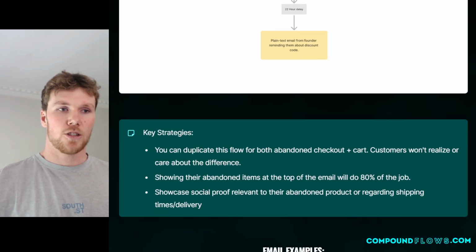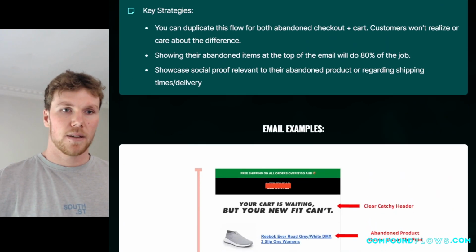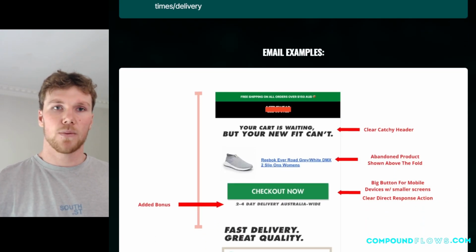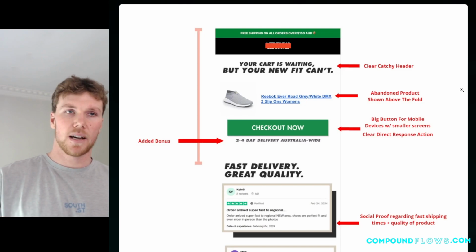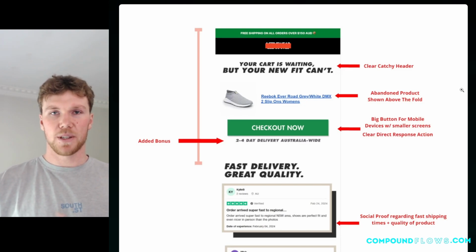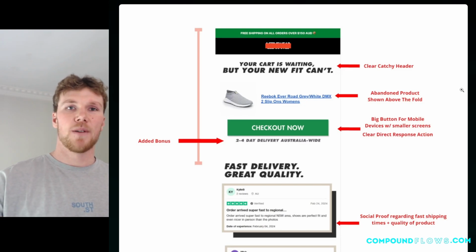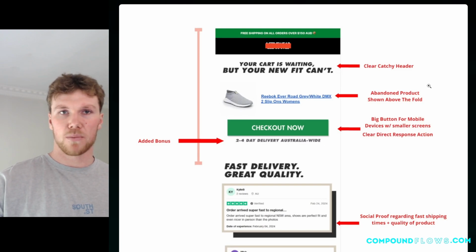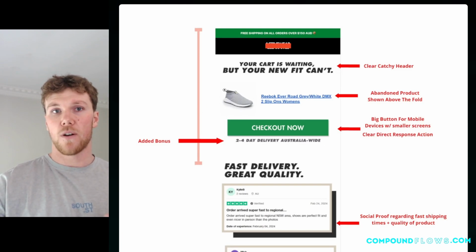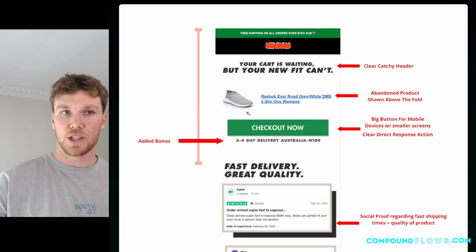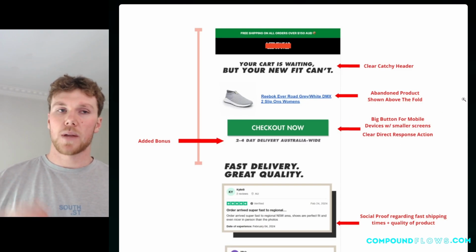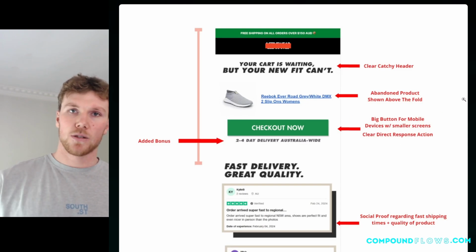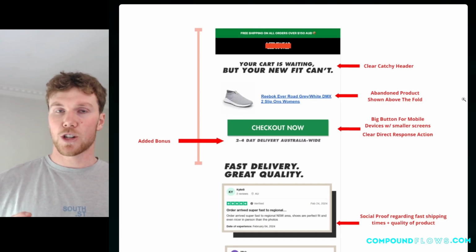And yeah, same key strategies like I just said. Here's some email examples. Right at the top, you want a nice catchy header: "Your cart is waiting, but your new fit can't." And like I said before, you want to have your abandoned product shown above the fold, and ideally the same with the actual call to action button. So you can easily just open up that email and click back to the checkout page as frictionless as